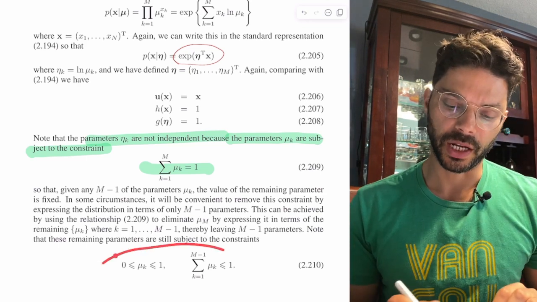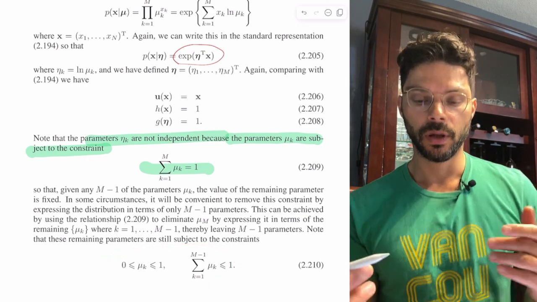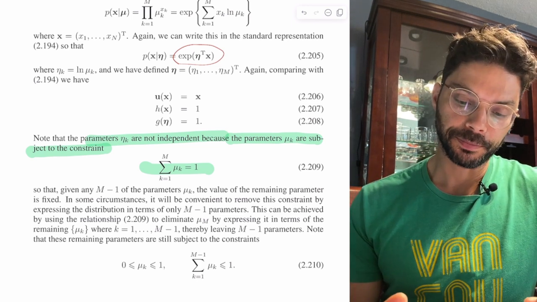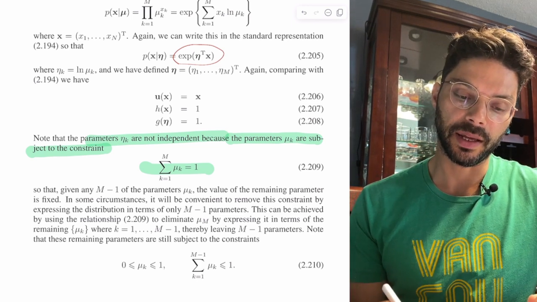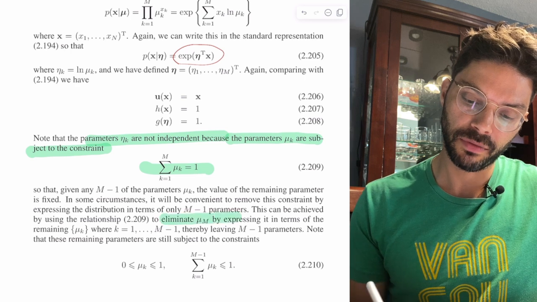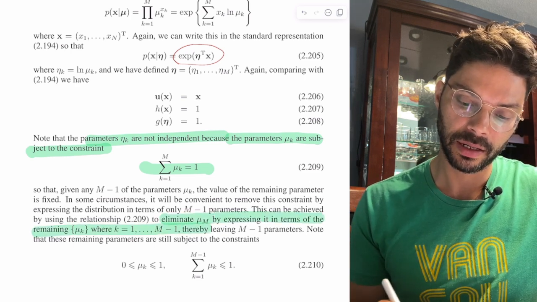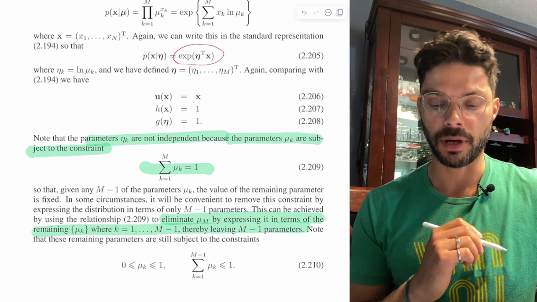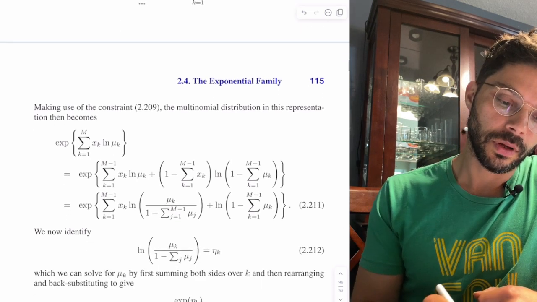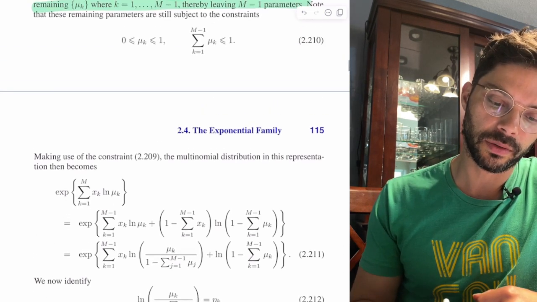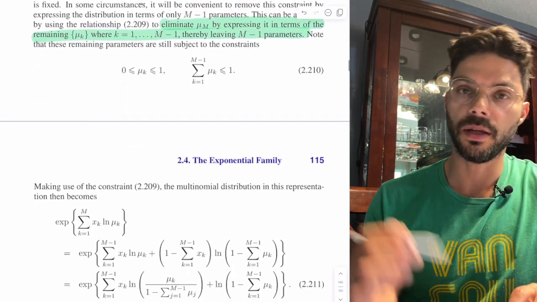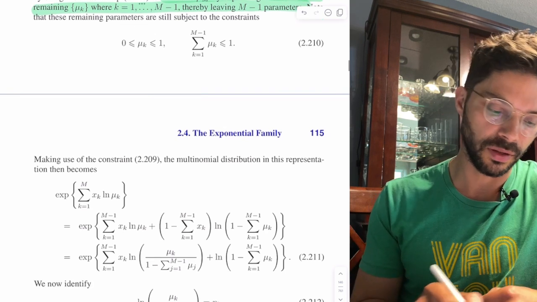Okay, so now we're not going to actually use these constraints in the formulation, but they still have to satisfy it. Okay, so the game is going to be taking mu m. Let's highlight that as well. So it's going to be eliminate mu m by expressing it in terms of the remaining m minus 1 parameters. Again, a pretty straightforward procedure. Okay, so making use of the constraint 2.209, so that was this one, the multinomial distribution in this representation then becomes,